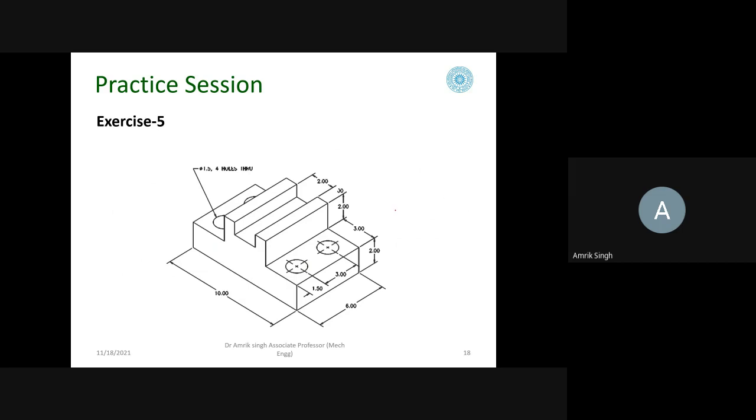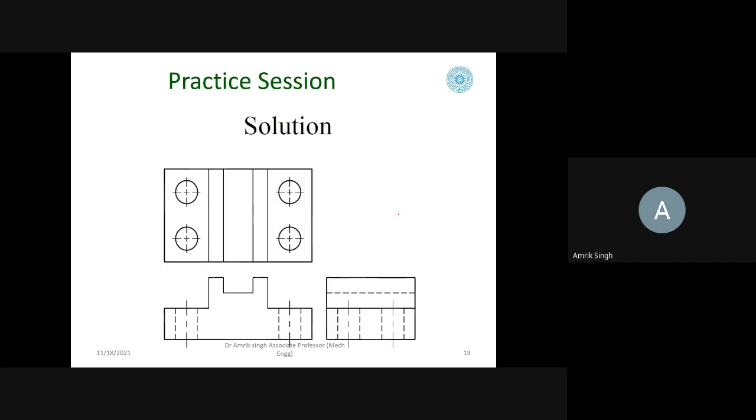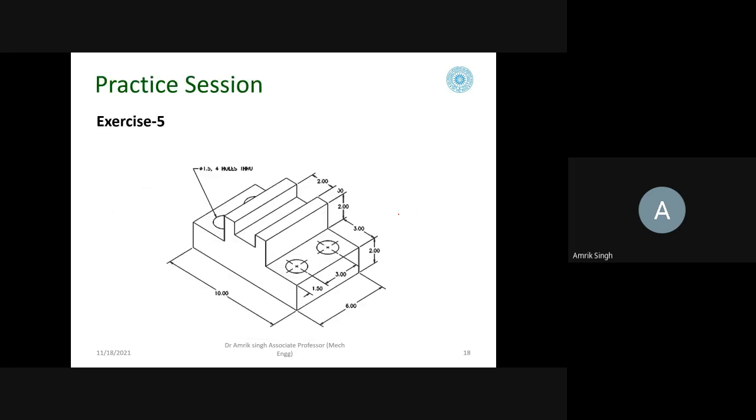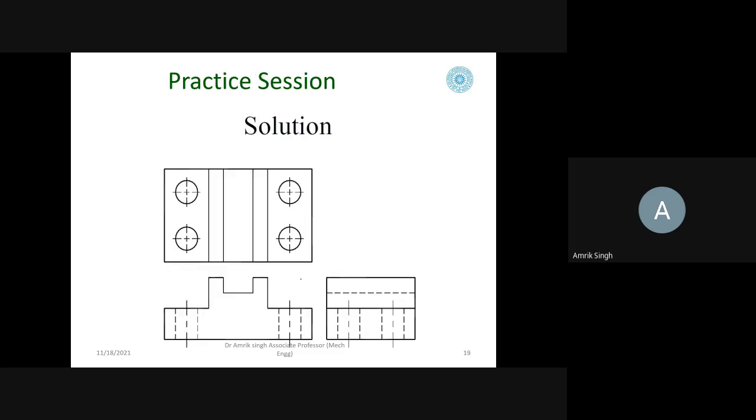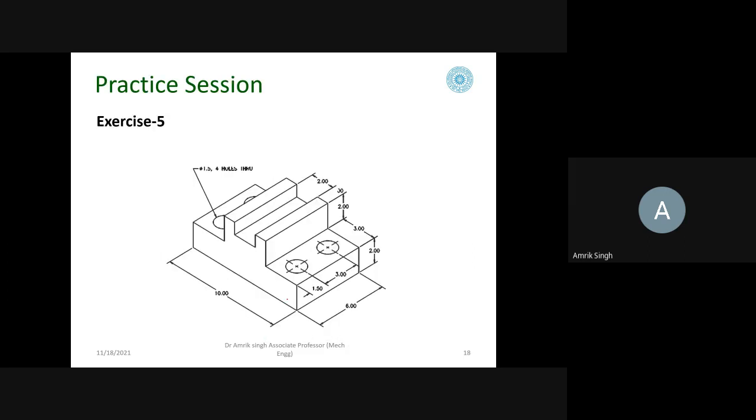So I'm giving you this exercise. First of all, let me see. It is for the third angle projection. You see, this is an object. So the front view is shown from here, and the top view is there, and the side view is there.